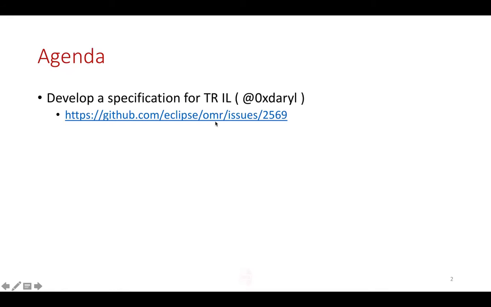We need to be careful about documenting how they actually work. We've run into some issues recently with some floating point code where Java is expecting certain behavior to occur with not a numbers, but C does something different. So we need to kind of standardize what we want to do going forward with that.